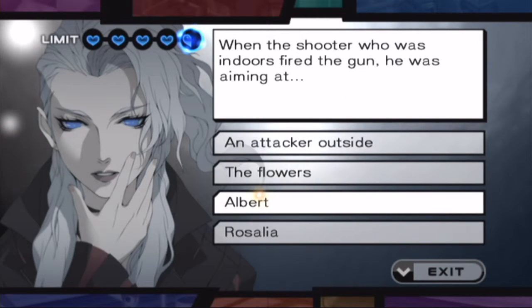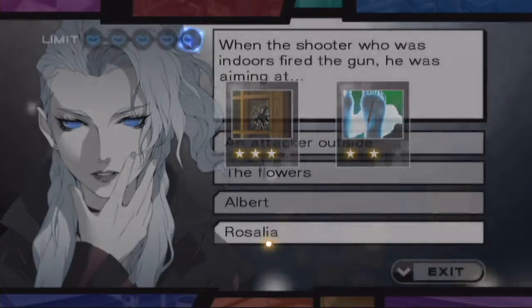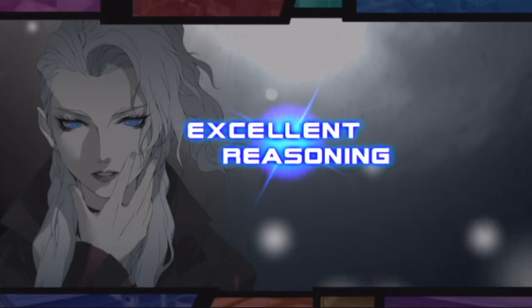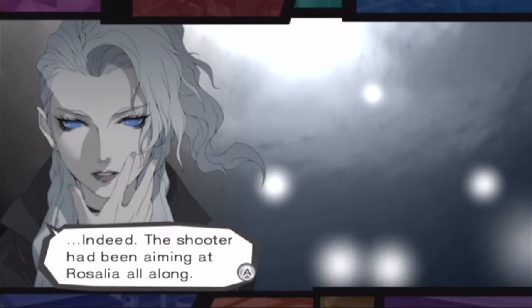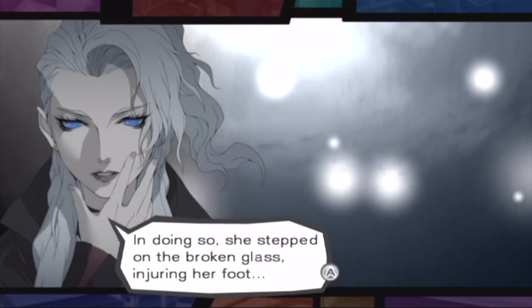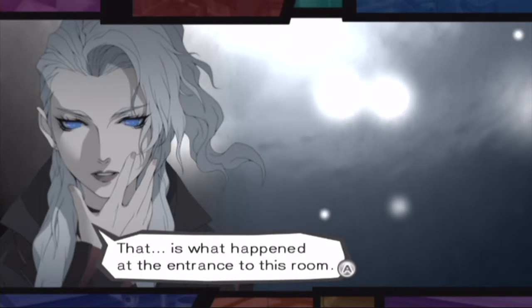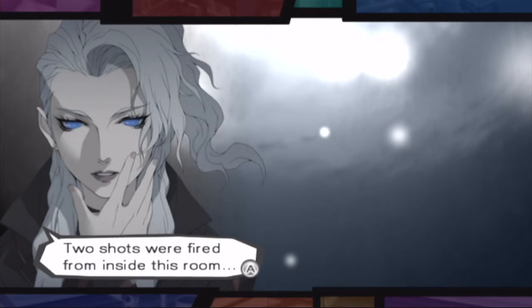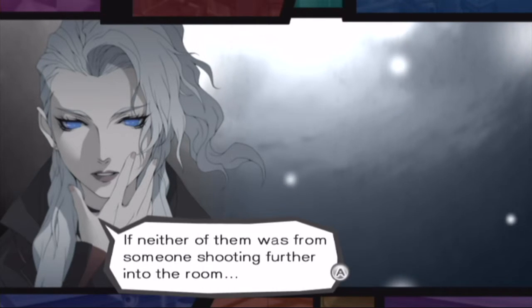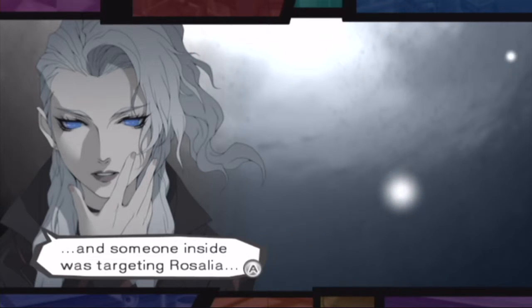He's aiming at... probably Albert. No, Rosalia. Concentrate. Indeed, the shooter had been aiming at Rosalia all along. That's why she ran out of the room. In doing so, she stepped on the broken glass, injuring her foot. That is what happened at the entrance to this room. 2 shots were fired from inside this room. If neither of them was from someone shooting further into the room, and someone inside was targeting Rosalia...